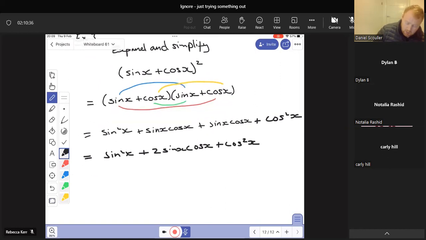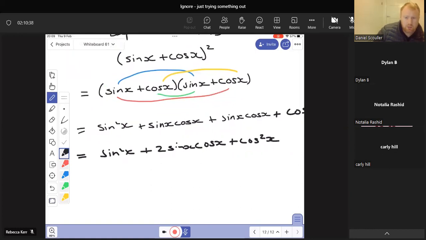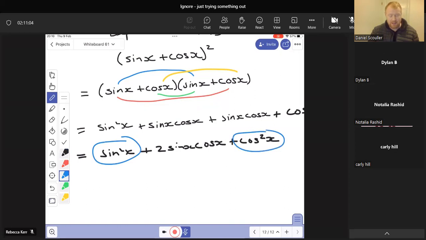Then we want to look for a relationship. The relationships we've got is tan x equals sine x over cos x. Now there's no tans in there, so that doesn't work. We can't simplify using that. Or we've got sine squared x plus cos squared x equals 1. If we rearrange that so that sine squared x and cos squared x are beside each other, we can substitute in